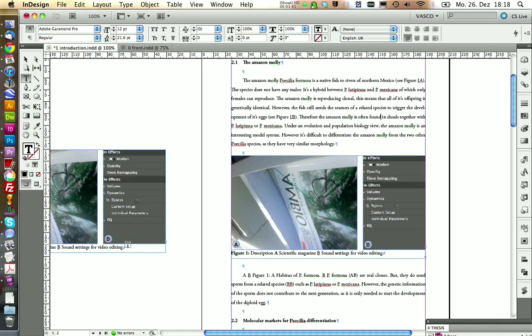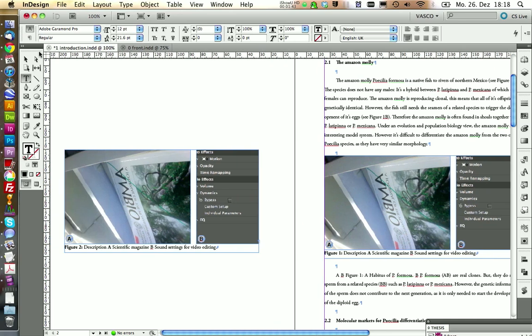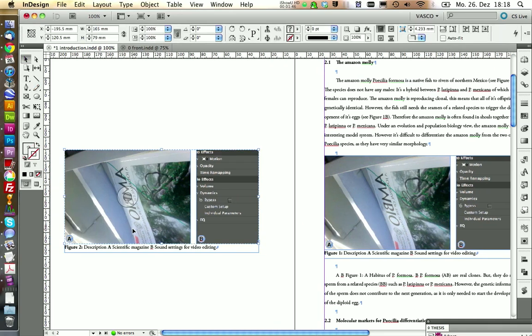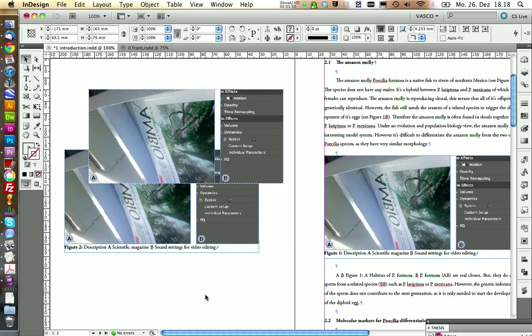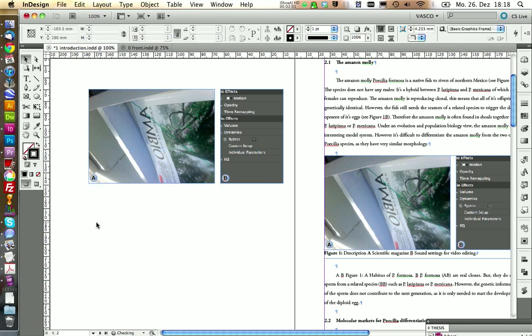Let's go back again. One tip to the side, I would recommend you to copy this one again and paste it in here. And to delete this text frame, because now it's inside our running text. And the running numbering of your figures, it's better for InDesign if you delete those things, because then InDesign gets more stable.